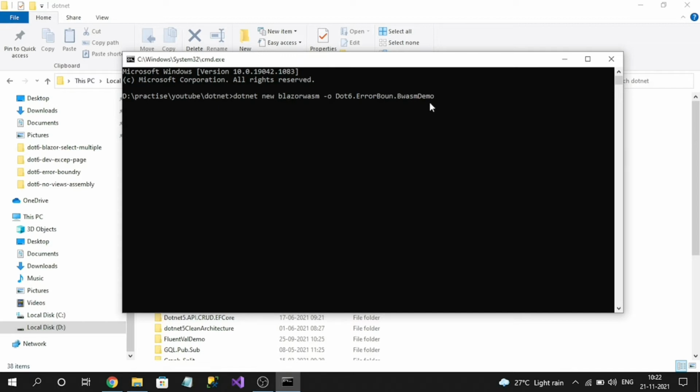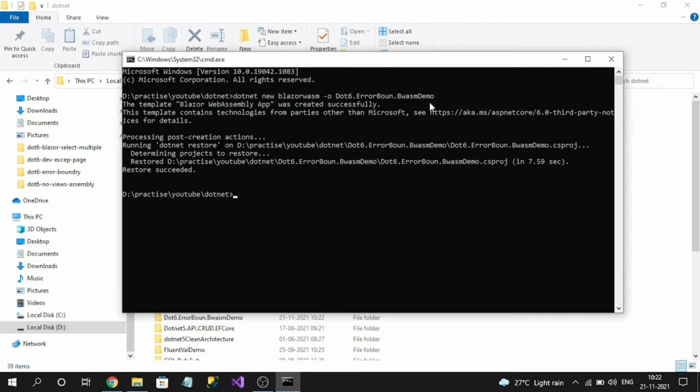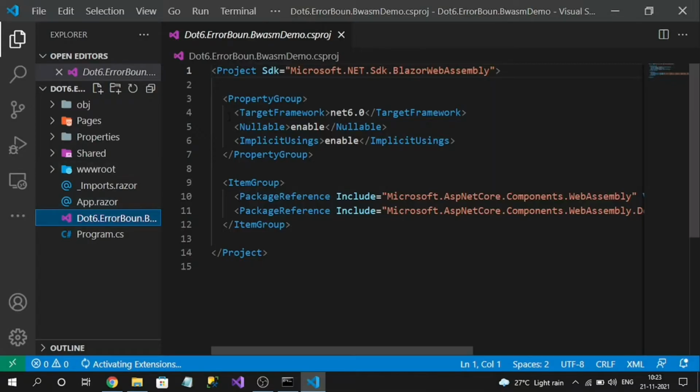I am creating my project. So the project is successfully created. I want to use Visual Studio Code as my editor. Here we can see the target framework is .NET 6.0 and my template is the Blazor WebAssembly template.